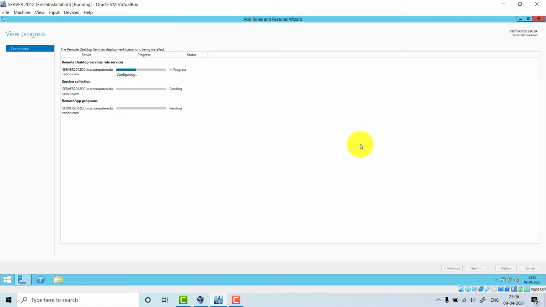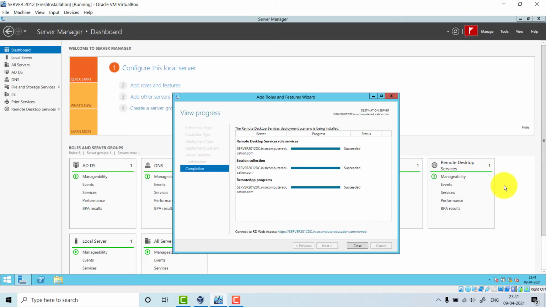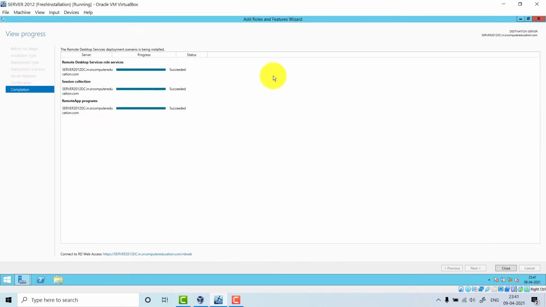Okay, after restart, it is now doing the pending installation process. Again, it will take a little bit of time for the completion of installation. So as we saw before, there was a problem in some installation. Students, if you get an installation problem in any role or feature, just do one thing. First of all, uninstall that role and feature and try to install it again.